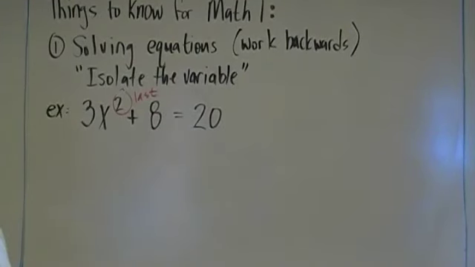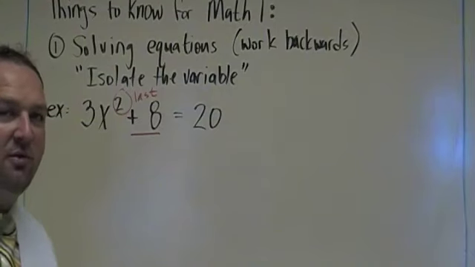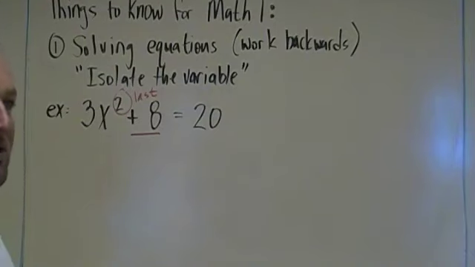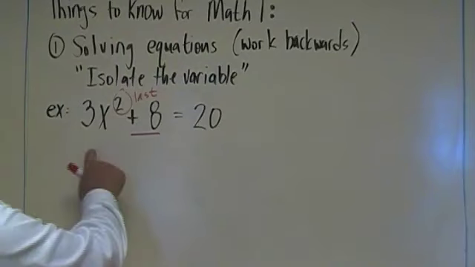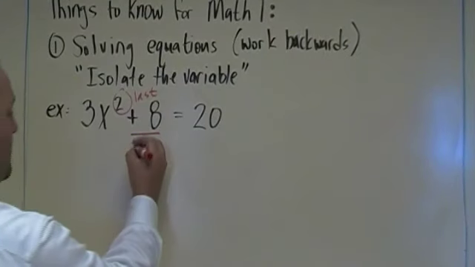Okay, what's the next closest, I guess you should say. And in your head you should see that the 3 is the next closest. So the furthest one away is the plus 8. Whatever's the furthest away is the first thing you undo. Remember, we're working backwards from the order of operations. So most of the time, we're going to undo our addition and subtraction first. So to undo a plus 8, we're going to do the opposite. We're going to subtract 8